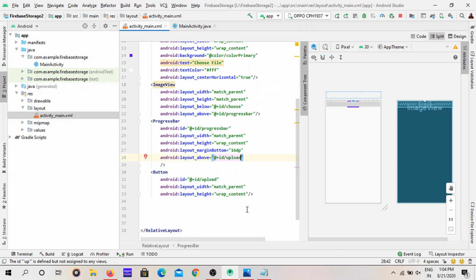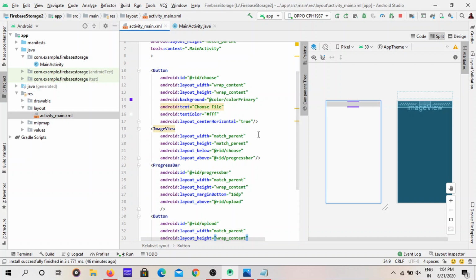Upload progress bar, and this button, image view, yeah, it's fine.